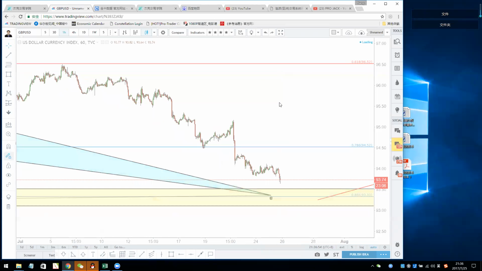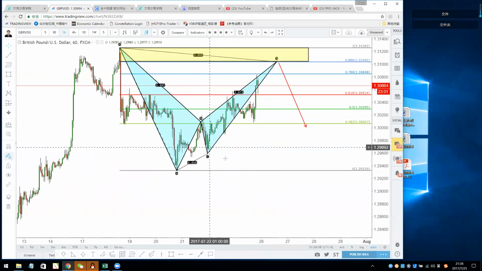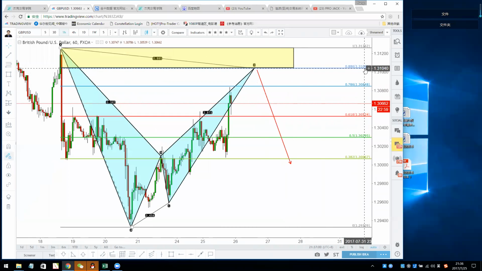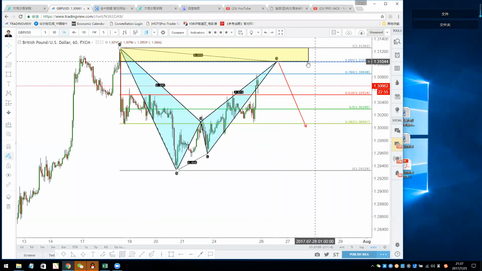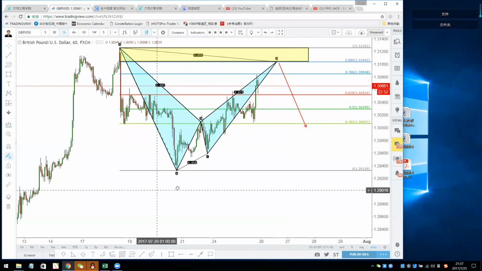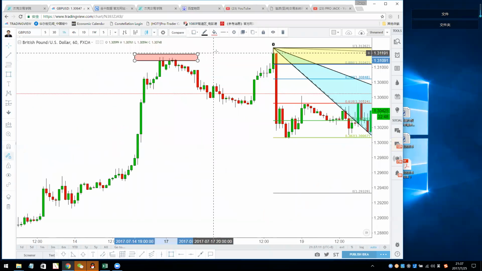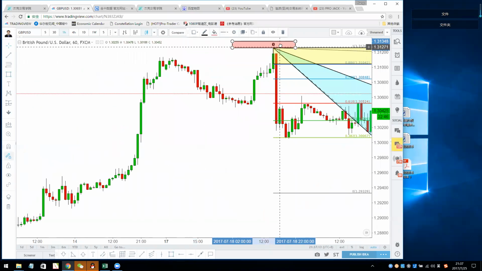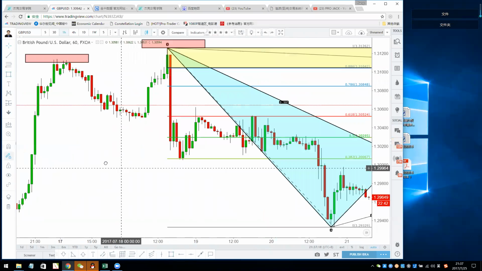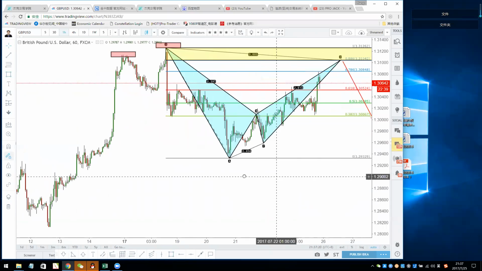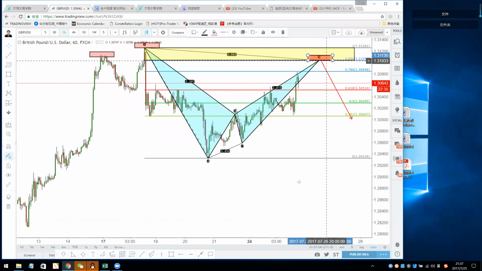Let's move to the GBP, the sterling. Sterling will have a bearish pattern completing at 1.3104. I'm going to sell the sterling about here, in this area, because this area is meaningful. Previously they touched this place and made a little higher spike, and then bearish engulfing came all the way. So another retest of this area may give us a good opportunity to short the sterling.